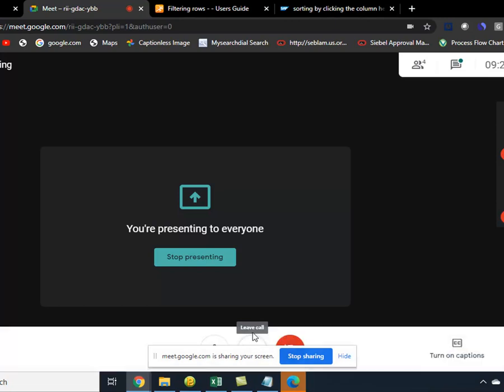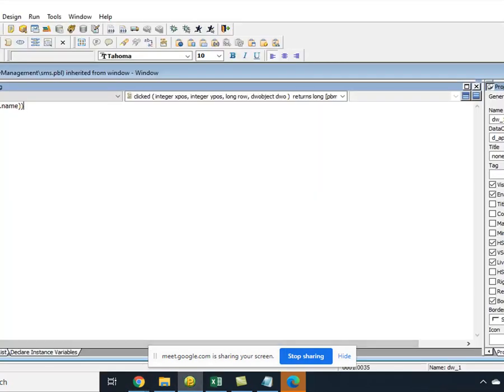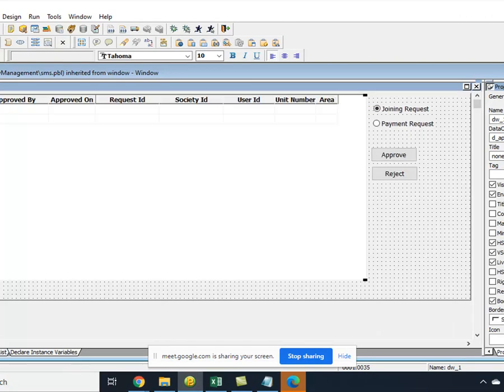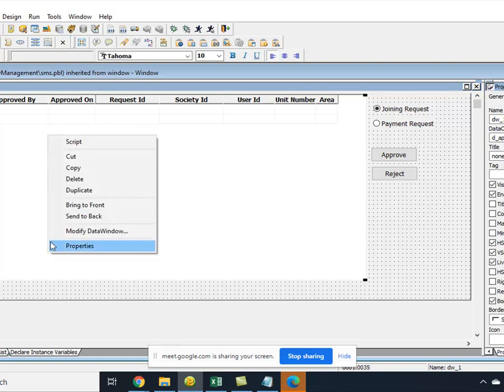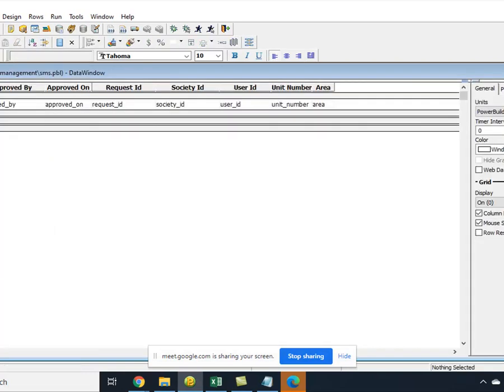Okay, so let me do that. I want to click on each column header, and then it should sort on that particular column. Let's look at this data window object.